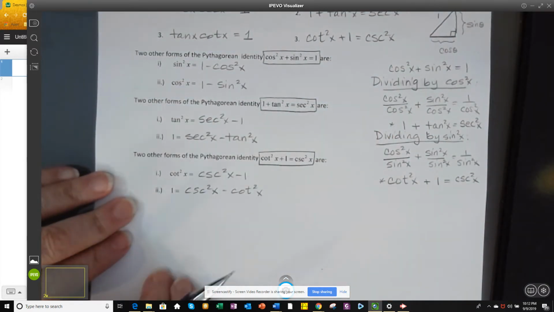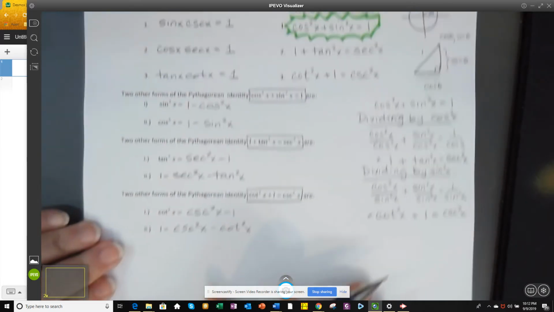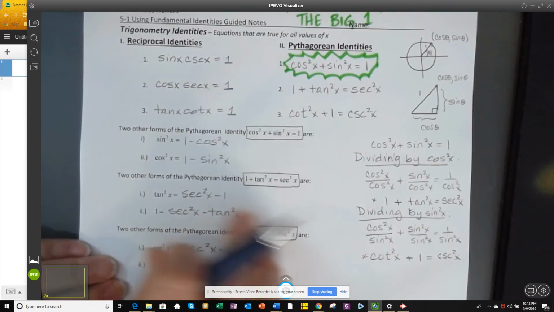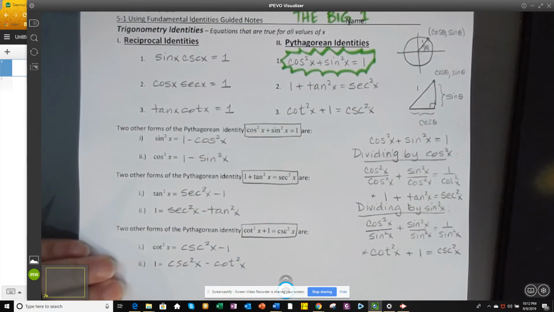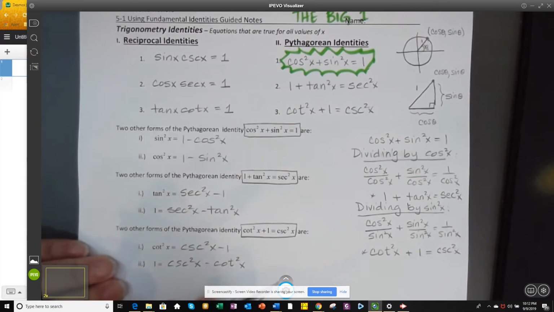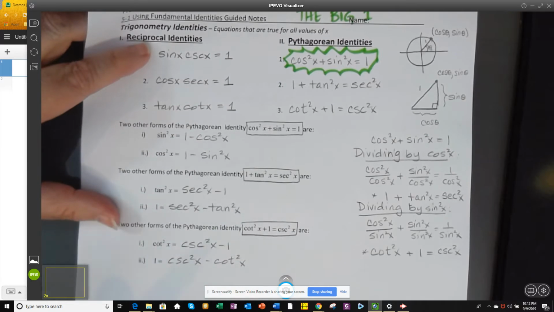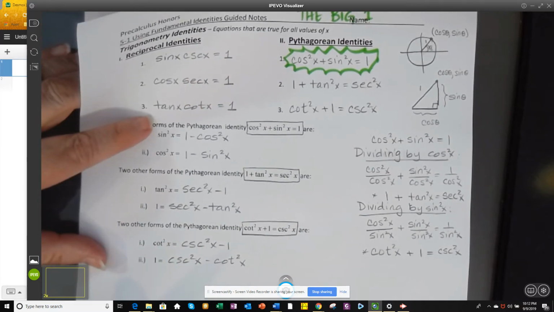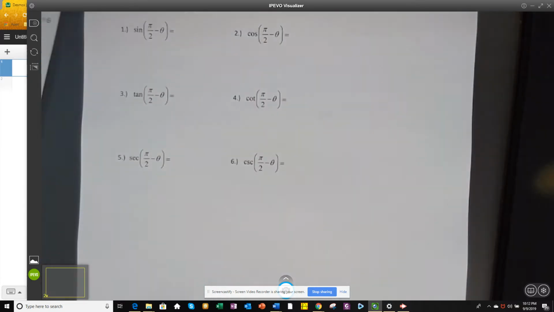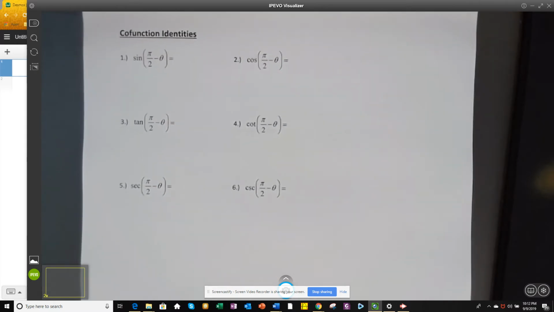So this right here, this page, is going to be one of the most important pages for this whole semester. So this one's an important one. We'll keep this close to us so that we can keep referring back to it. All right. Okay. We have another set of identities called the cofunction identities,